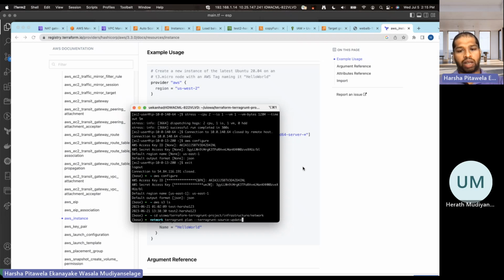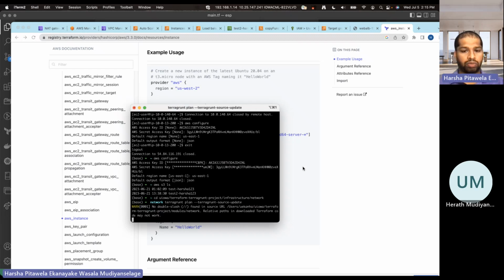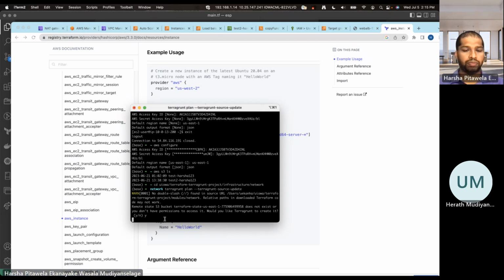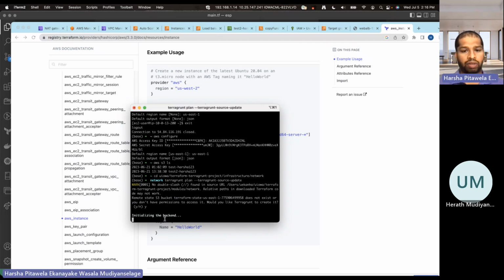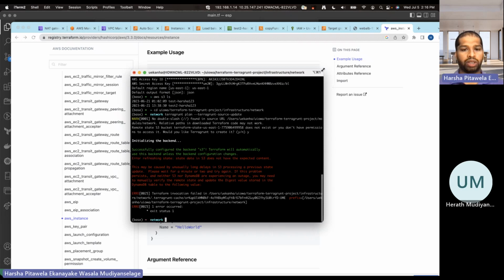So when you run terragrunt plan, it shows you what are the new resources that it will create. So it will first ask you to create that S3 bucket for the state, the Terraform state bucket. You allow it, yes, because we still don't have any state created. It first needs to create one. And then it will show us what are the resources that it is going to create when you run the plan. If you are good with the plan,